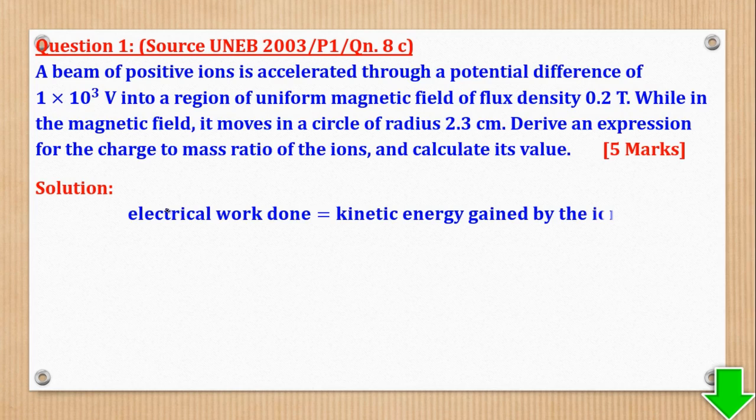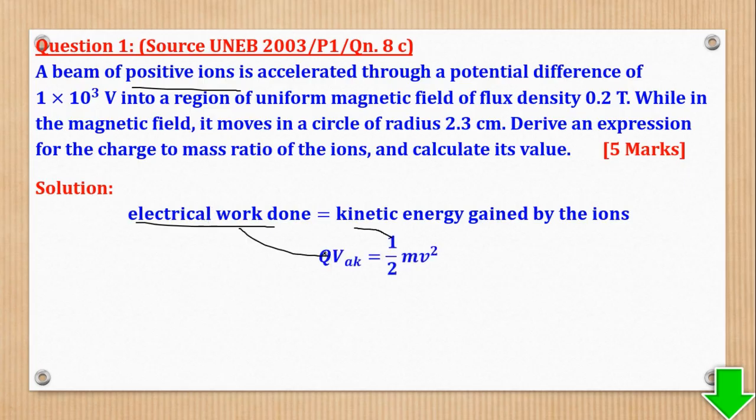So we shall start by saying that electrical work done is equal to kinetic energy gained by the ions. Remember here we are not given the speed of the positive ion, meaning we have to first get the speed using this formula. So you come and say that Q VAK